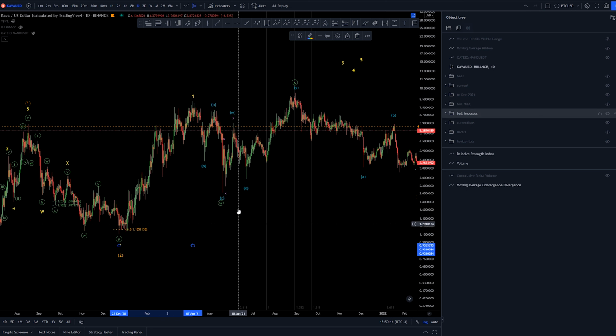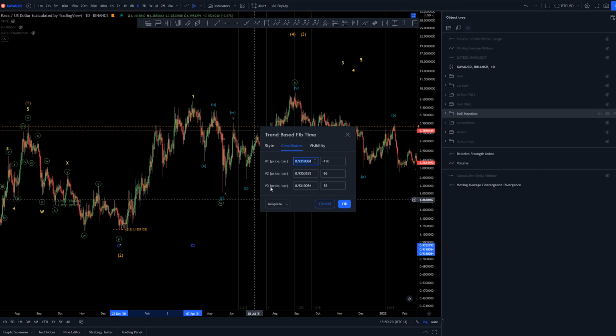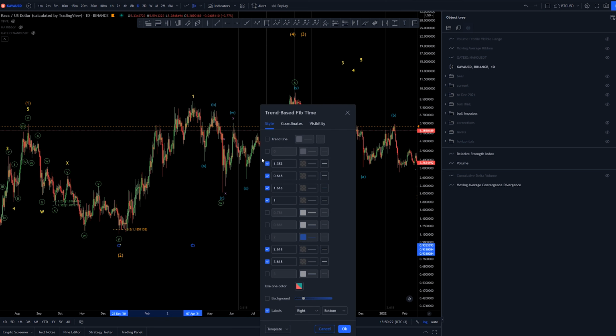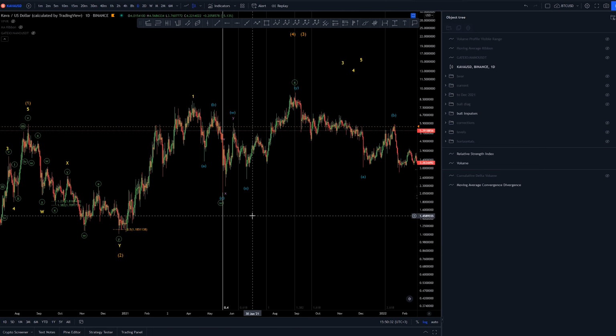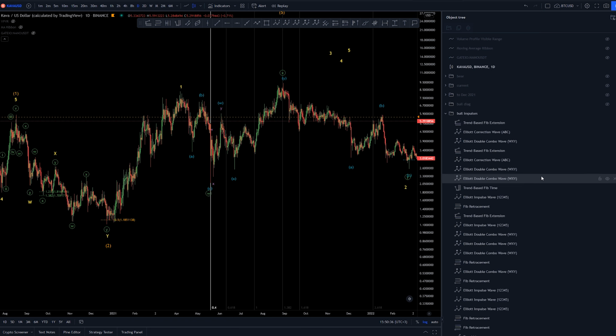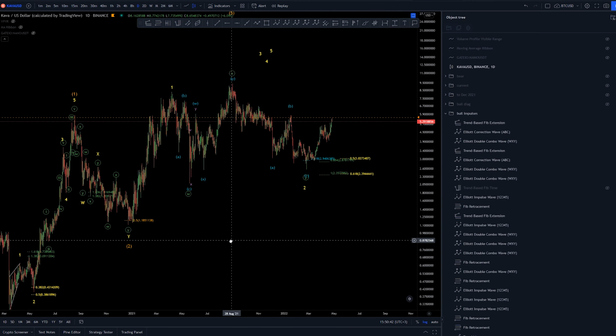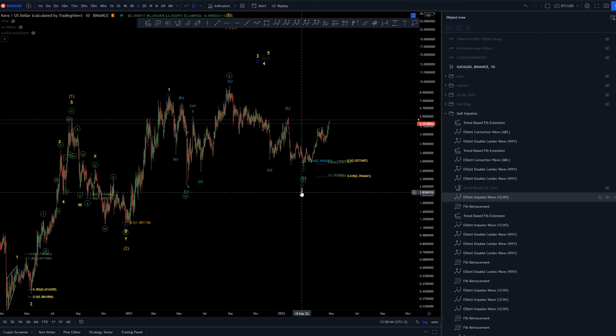We can see that wave 2, if we place it here, uses about 0.5, even less. Around 40% of the time that it used to create wave 1, which is definitely way less than usual, and therefore I would think that wave 2 is again